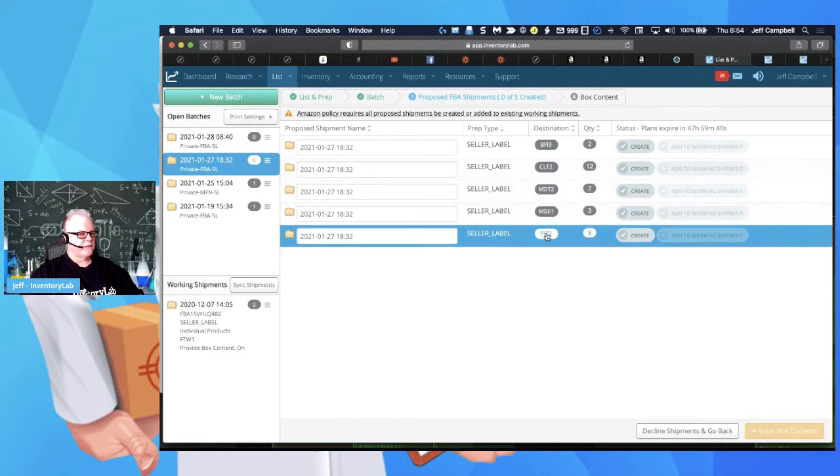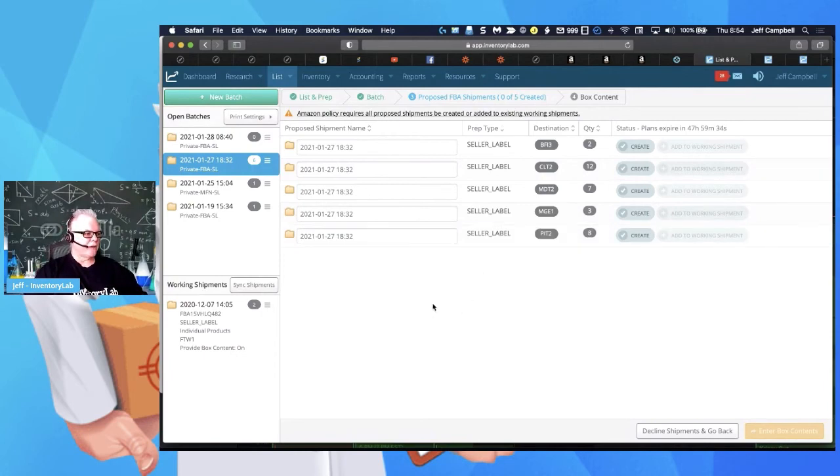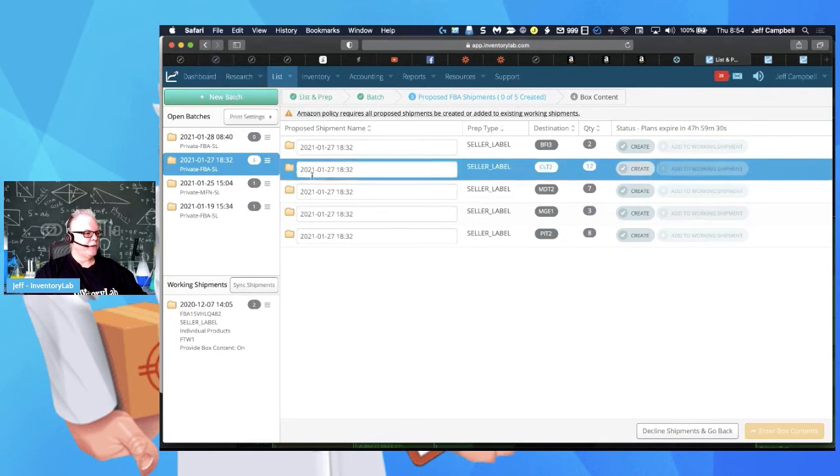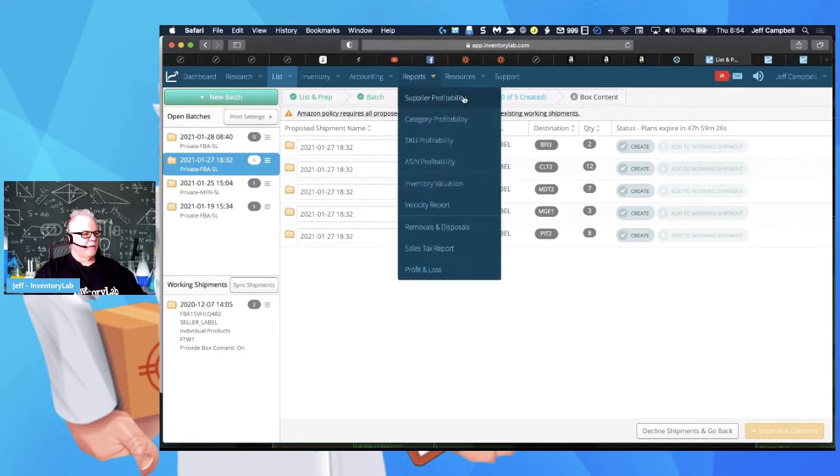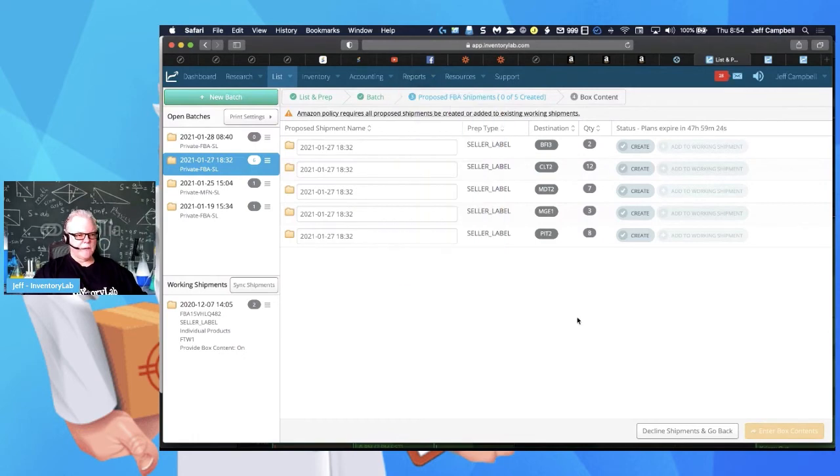Sometimes the feeds that Amazon sends back can get duplicated, or if you're using the back or forward arrow on your browser, like using these up here, you don't want to do that. You always want to use the breadcrumbs to go back. But if you're on the proposed FBA shipments page, you can't really go back easily to the batch that you were just on, or can you? Actually, you can. It's kind of obscure, but if you click on this decline shipments and go back button,